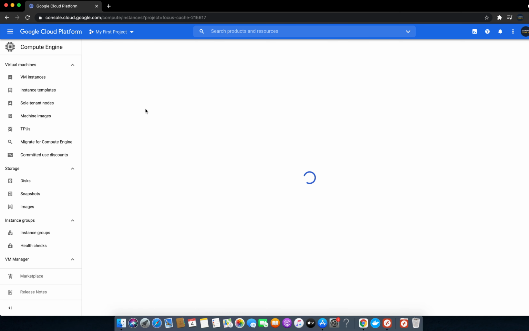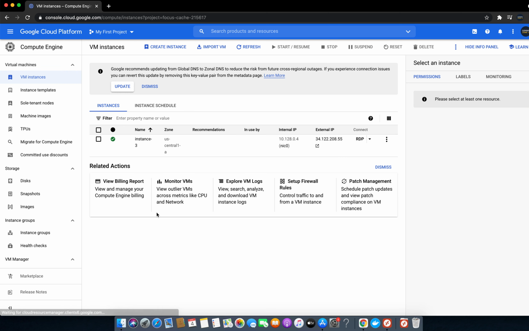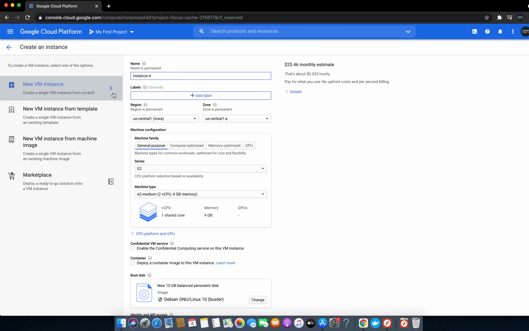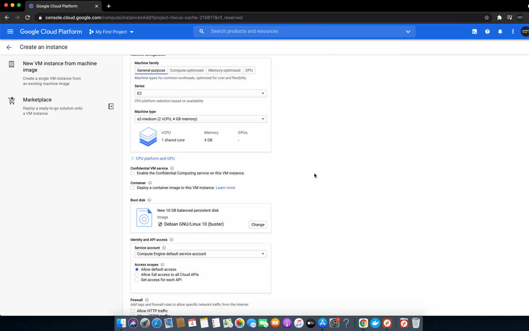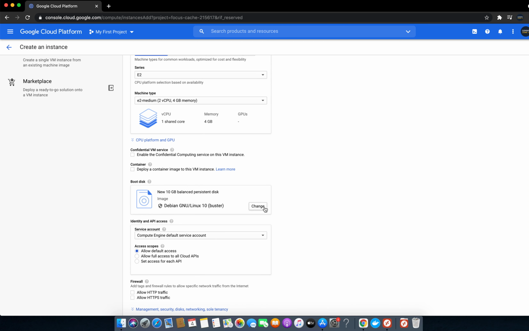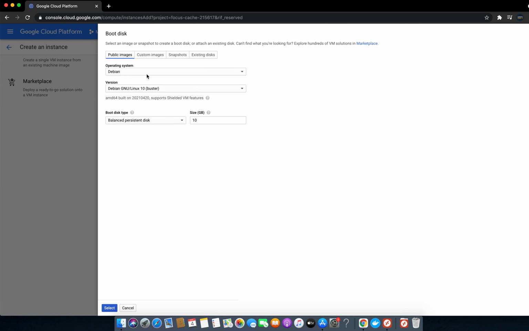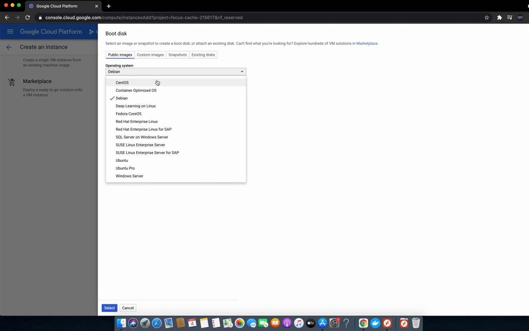Now I'm telling you how to create a new instance, if you do not already have one. We will click on create instance. Here we have a couple of options available. We will click on the operating system we want to use, for example CentOS, Linux, Ubuntu, Windows. I prefer Windows Server, but you can go to Ubuntu, Ubuntu Pro, etc., whichever you want. So I will click on Windows Server